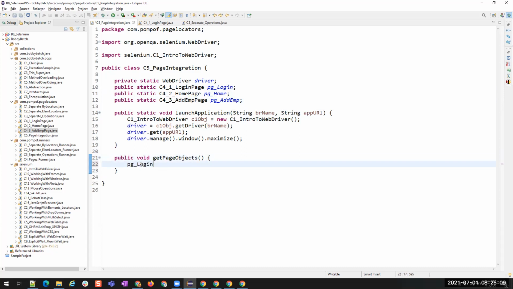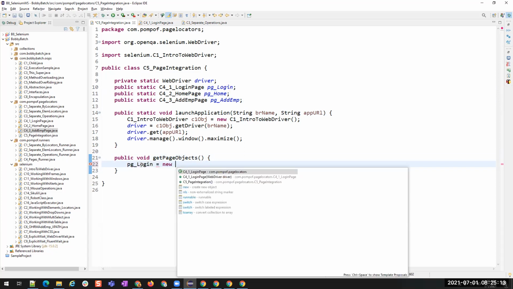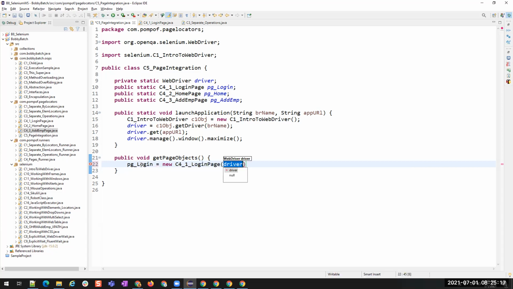pg_login is equal to new C4 login page, where I'm passing the driver.